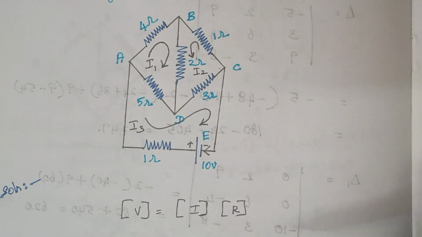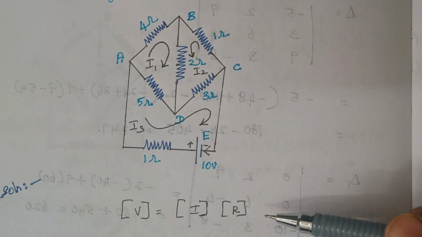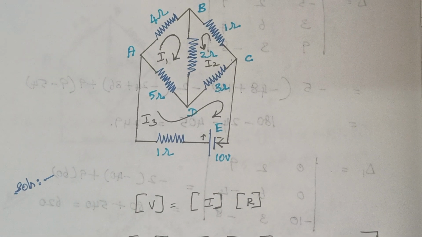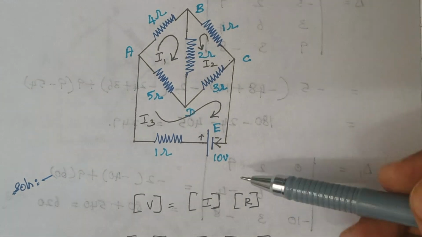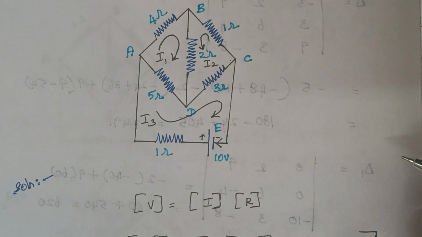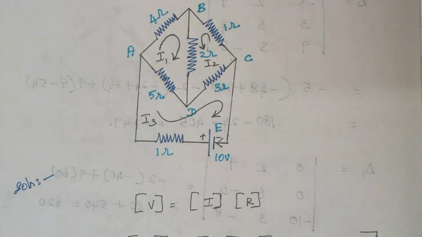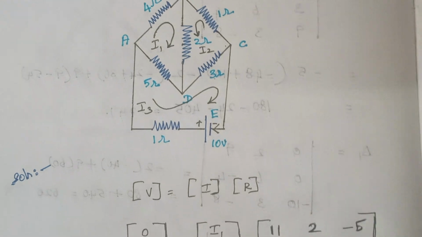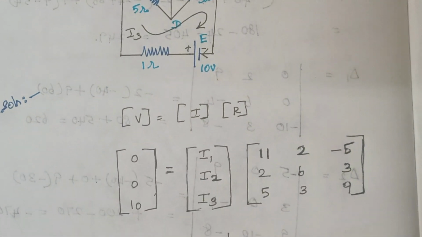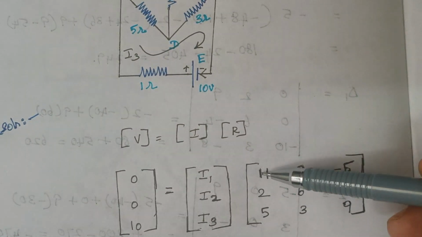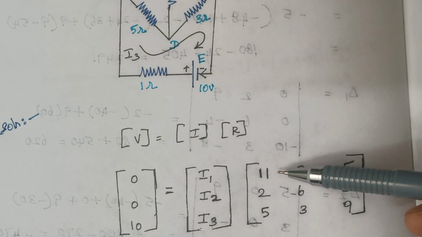And the next thing is, we are going to calculate the value of total resistance R here. Writing this matrix is very, very important, so you have to do this part very carefully. Here the first thing is, you see, the diagonal elements are nothing but the sum of the resistors present